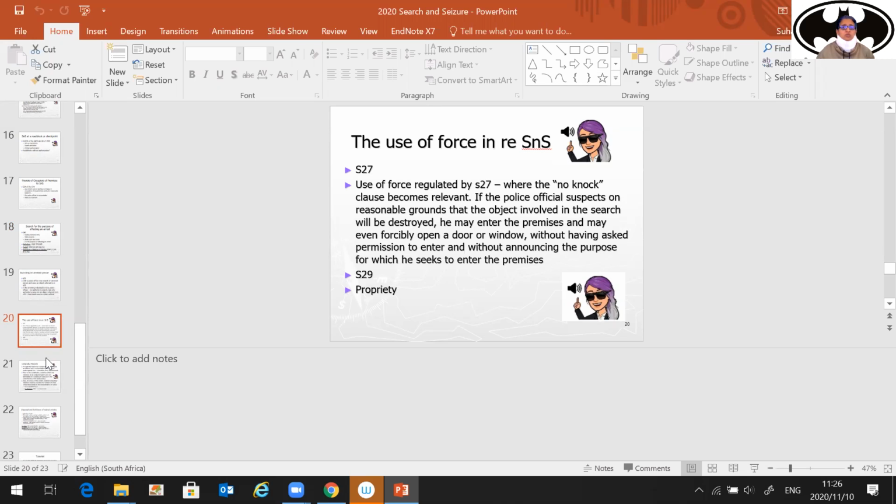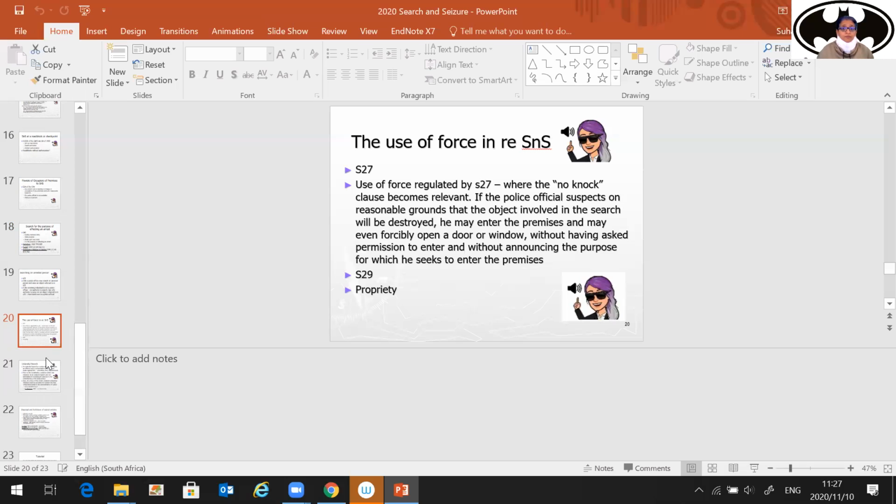Section 27 is what we call colloquially the no-knock clause. Previously, as you would have seen with section 26, when a police officer wants to gain access to a premises, he must audibly announce, say, I am police officer X, I'm here to arrest Joe, or I'm here to look for such and such. So he audibly announces, gives that information, and then requires permission from the occupier to be allowed onto the premises